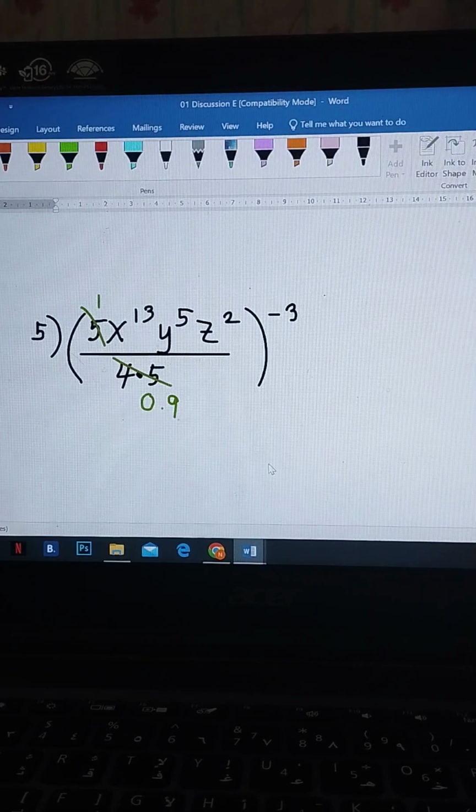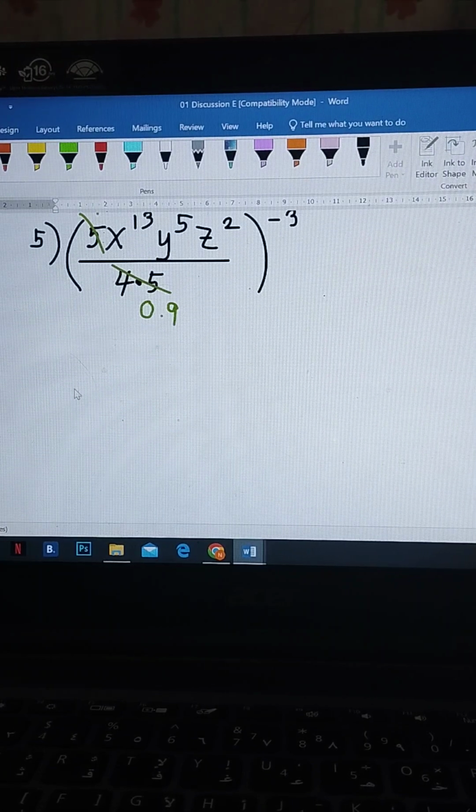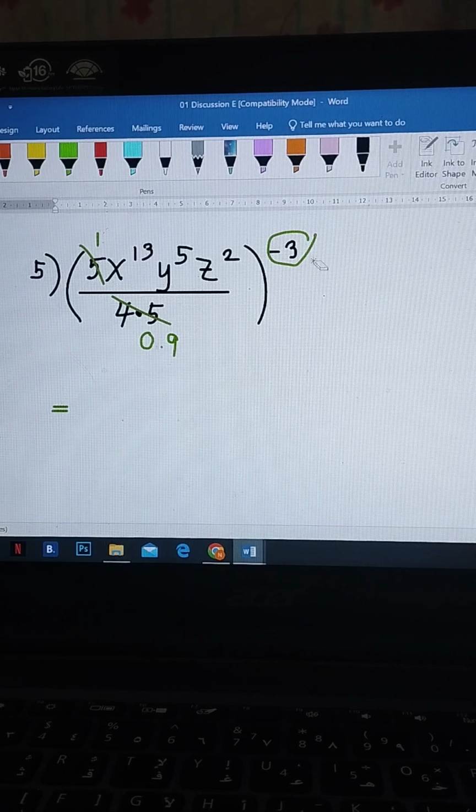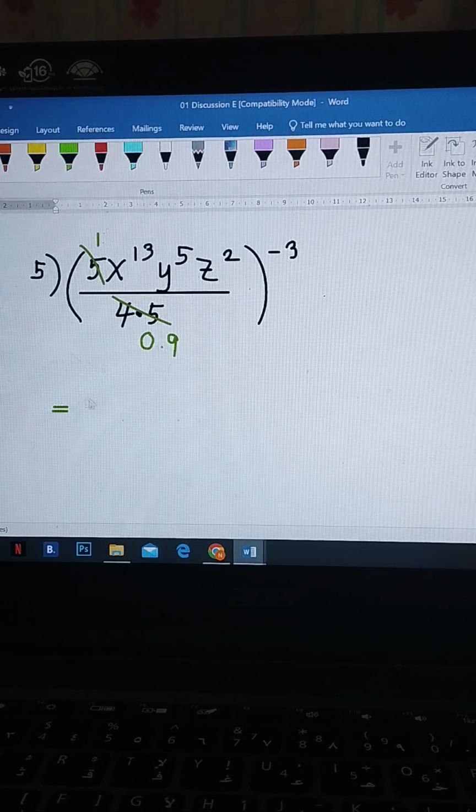Okay, so that is now equal to, next is we remove the negative 3 here, so we just simply get the reciprocal of the base, resulting to 0.9